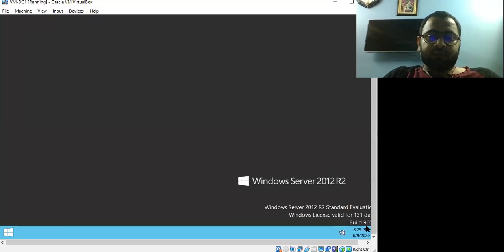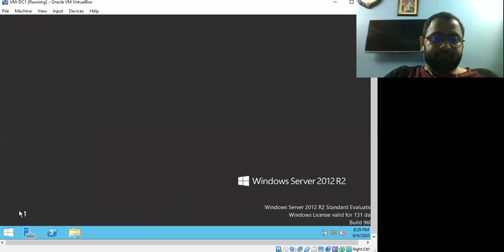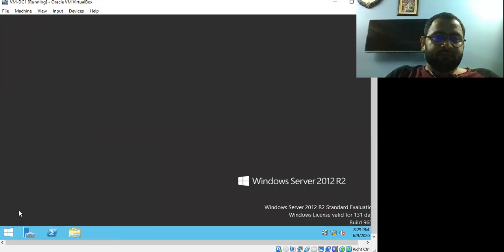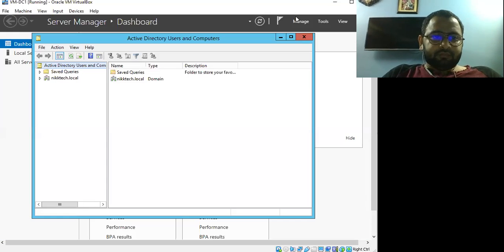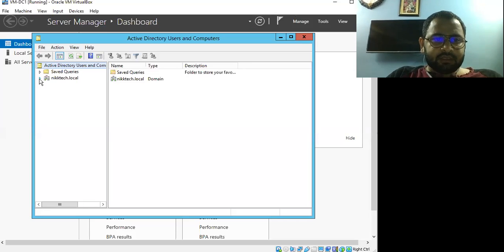So now let me open Active Directory. It has been opened. Here you can see my Active Directory, which has been installed on the server.